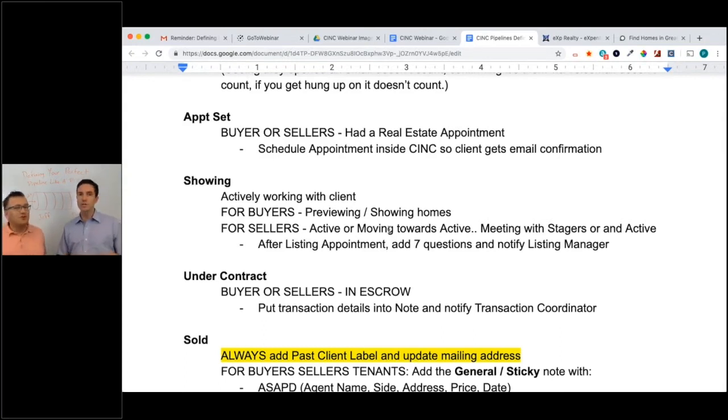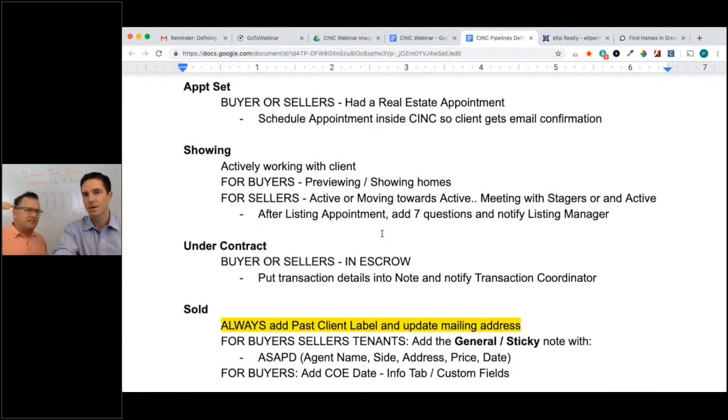I don't use under contract. Because we're showing the house. Yes, but we also, if we're preparing to go to market, we still leave them here because we're actively working with the client. Our stagers are going over there. We're prepping the home. We're taking the photos. They stay in showing. And that was one of our questions, how are we going to use these labels, these pipelines that come by default? We're just going to put our definitions to them, and now our team is all on the same page with this is how. It was just we needed a category of success